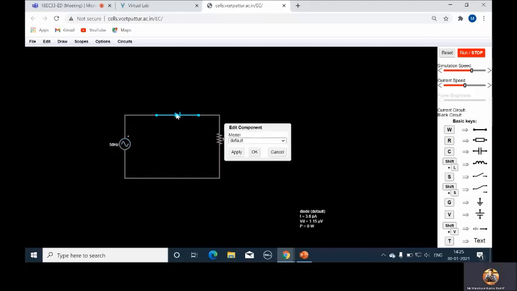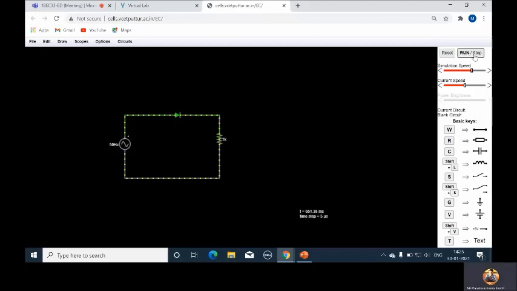Next, double click on the diode. Select the model. I'm using general purpose 1N4004 diode, so silicon diode. Apply. Next, let me take 1 kilo ohm resistor here. I am not changing this value. 1 kilo ohm resistor. Now my circuit is ready. Next, simulate it. How to simulate? See here we have option for run and stop. Select this. See, simulation is started.